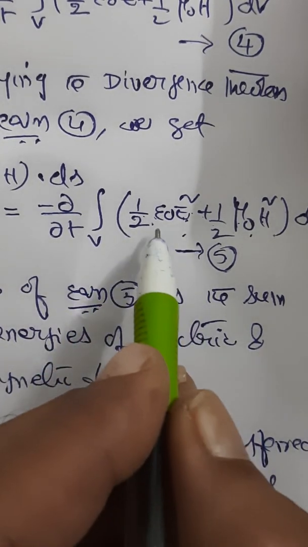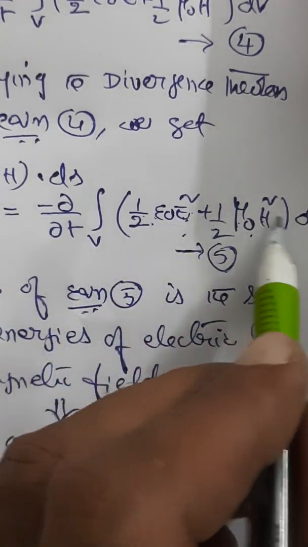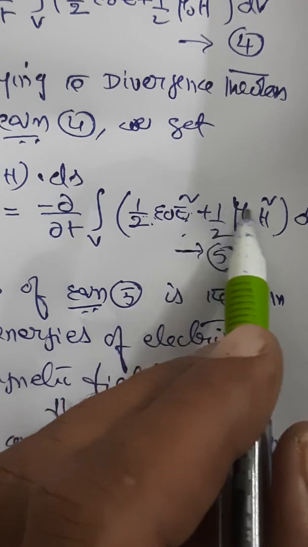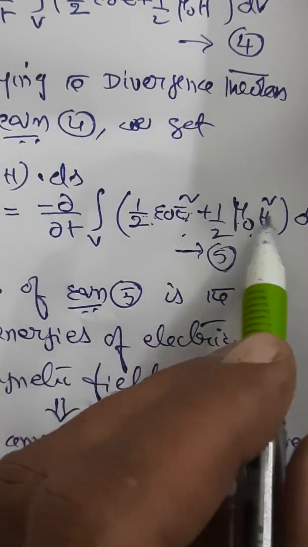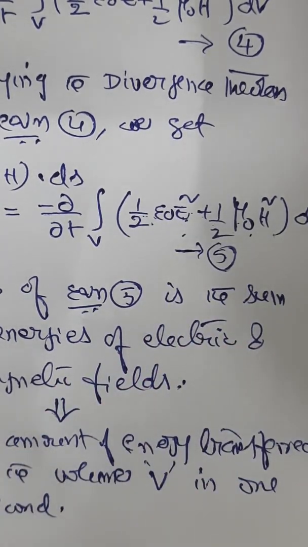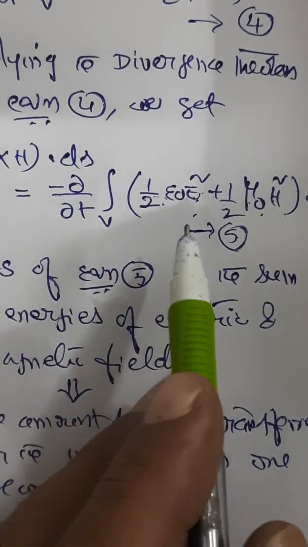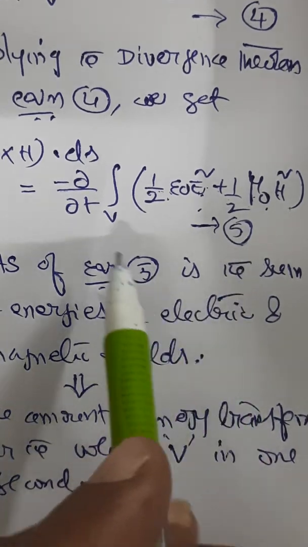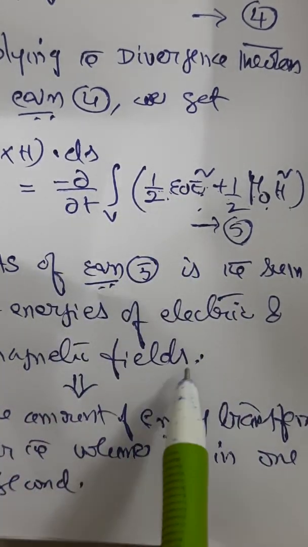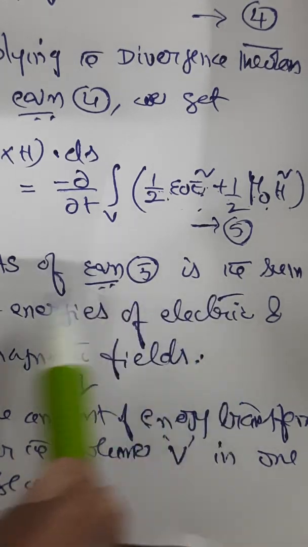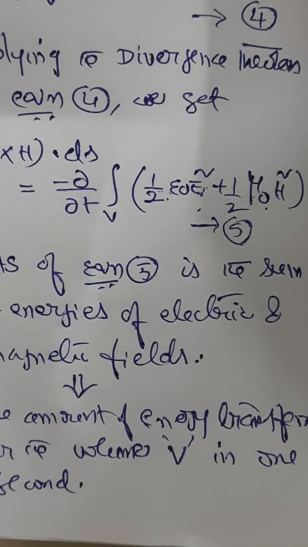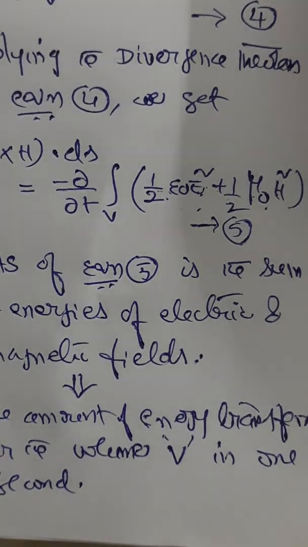The right hand side term, if you see, this is looking like the kinetic energy equation, like half of something into half of something. So this is electrical energy, this is magnetic energy. So the whole looks like the second term of the right hand side expression. It is the sum of energies of electric as well as magnetic fields. That is the total amount of energy transferred over the volume in unit time, or unit interval of time, second. That is nothing but the rate of flow of energy. That is what I mean. That is the rate of flow of energy over the volume.